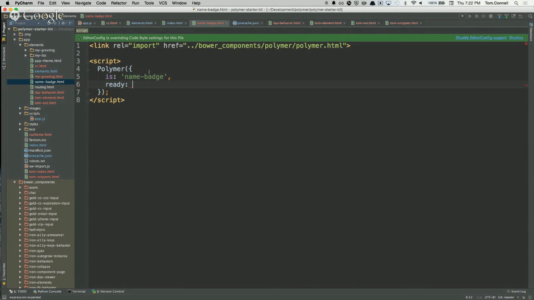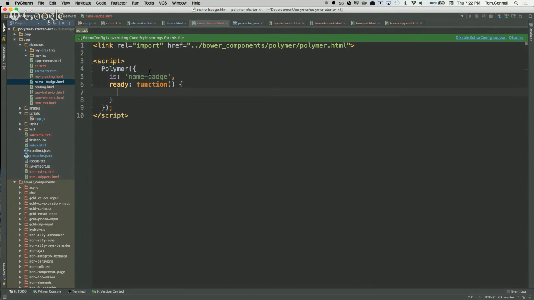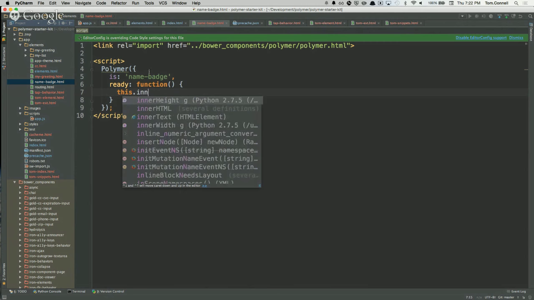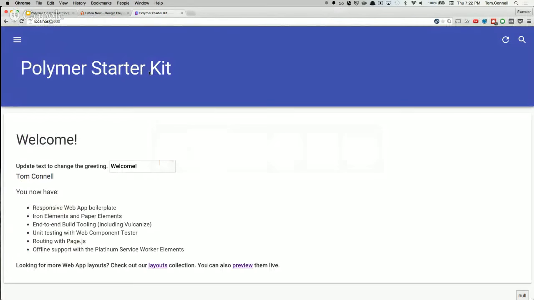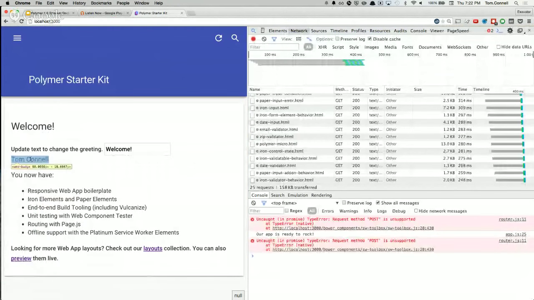So I'm kind of going to jump ahead here, but there are these lifecycle methods that allow you to use callbacks to execute functions when certain things happen to the element, and one of them is ready. So I'll just make a function here that runs when ready, and I'm going to set the inner HTML of this element to Cannell, because that's my name and it's a name badge. So unless I mess something up, which of course I didn't, we're going to reload this and, oh look, there's my name. So I'm going to inspect this, and if we look,